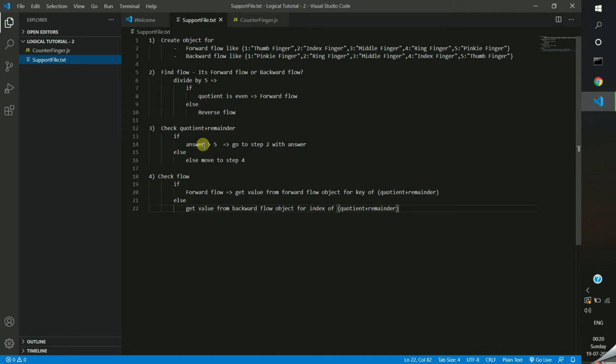Okay, else if the quotient plus remainder value is less than or equal to 5, then move to step 4. Step 4, check the flow. If it is a forward flow, get the value from the forward flow object for that index. Okay, in step 3 we are getting the sum of the quotient plus remainder value, right? And in step 2 we found out which flow. Maybe our flow is forward, then we are taking